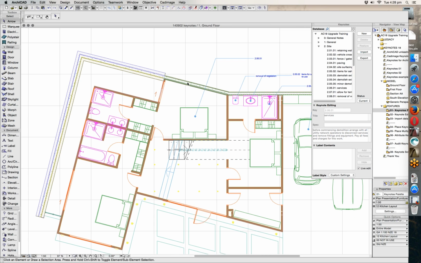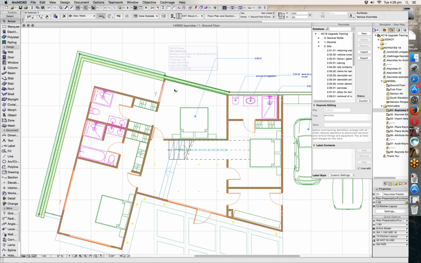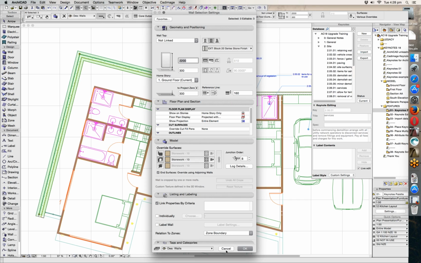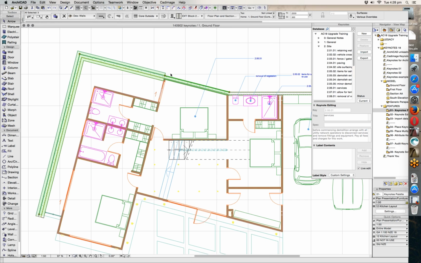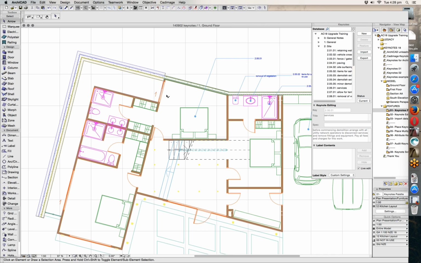Now, obviously, we don't want every single thing in every case to show up its attribute keynotes all the time. So that has done essentially nothing. If I select this, it looks the same as it did before. There's no obvious changes in the makeup of the wall after having done that. So what we want to do now is